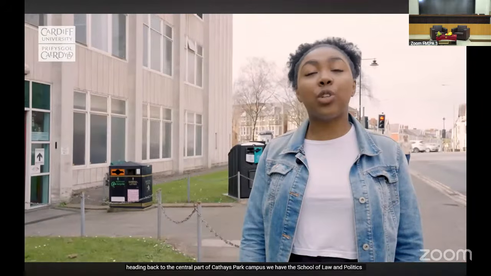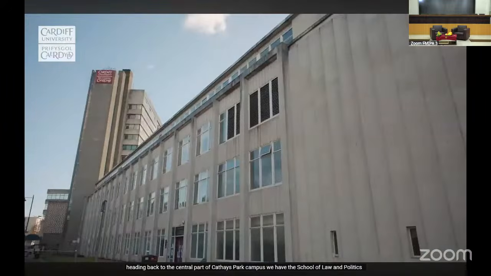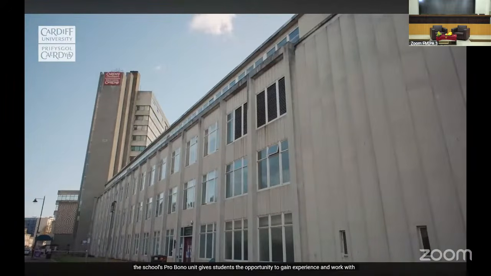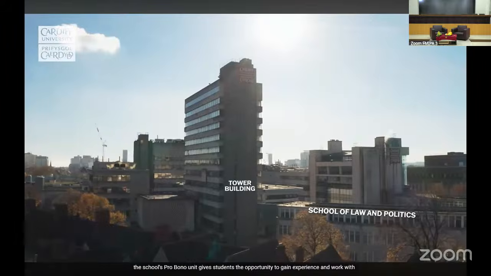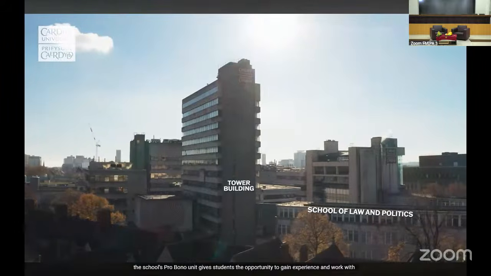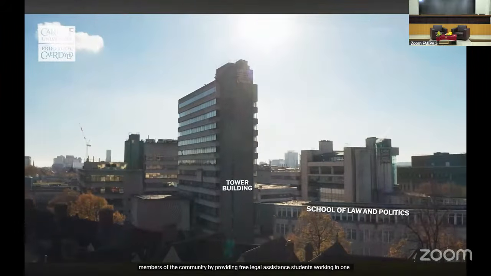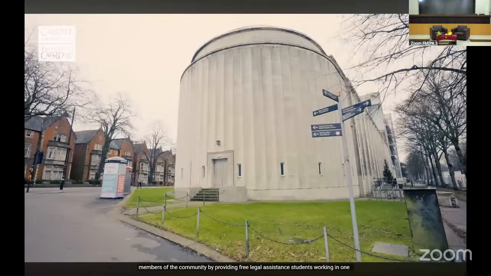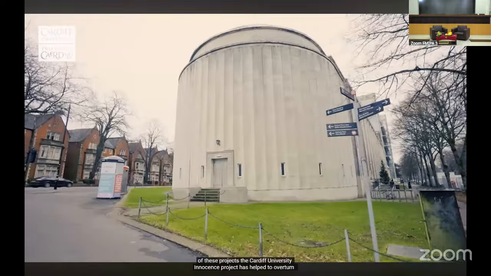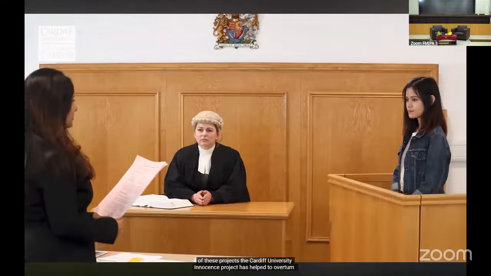Heading back to the central part of Cathays Park campus, we have the School of Law and Politics. The school's pro bono unit gives students the opportunity to gain experience and work with members of the community by providing free legal assistance. Students working in one of these projects, the Cardiff University Innocence Project, has helped to overturn 2 convictions at the